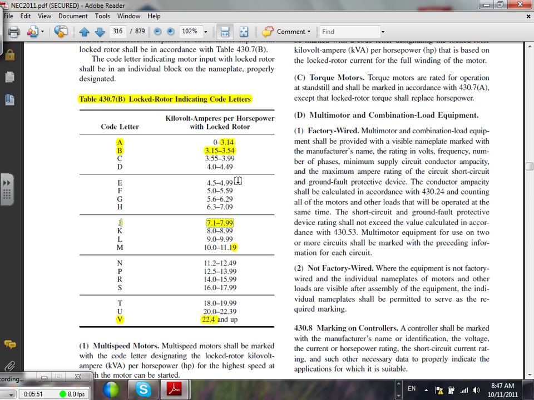I'll show you an example how to use this table. I want to bring to your attention that this table, if you guys highlight here, is actually amps per horsepower, kilovolt ampere per horsepower. So when you use it, the formula that goes with it,